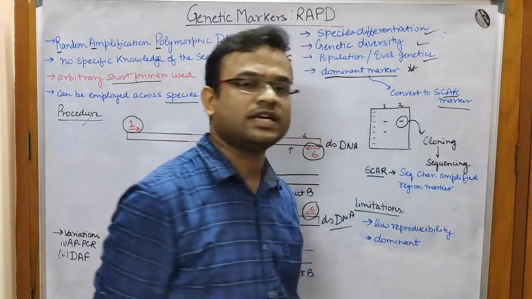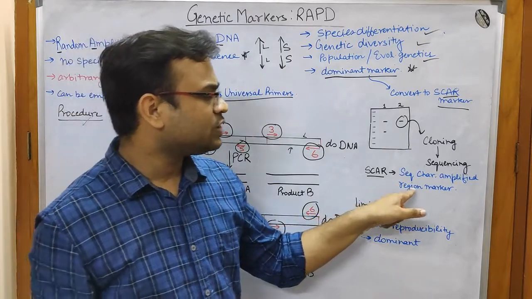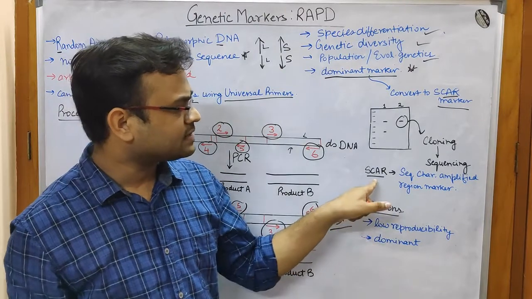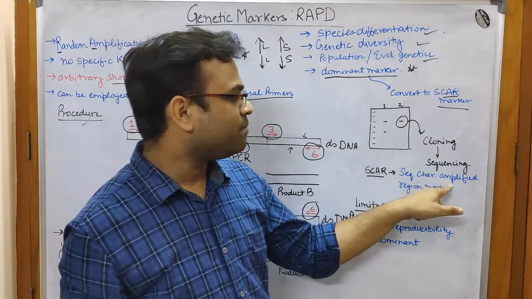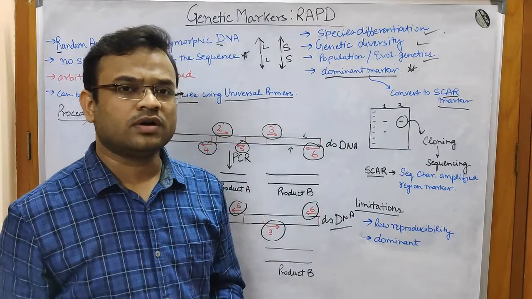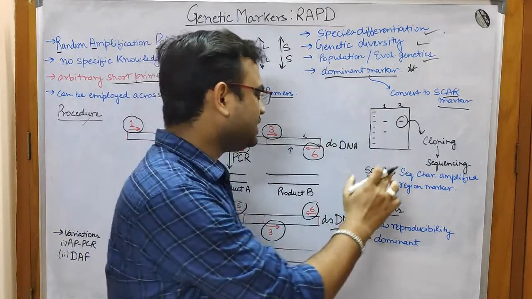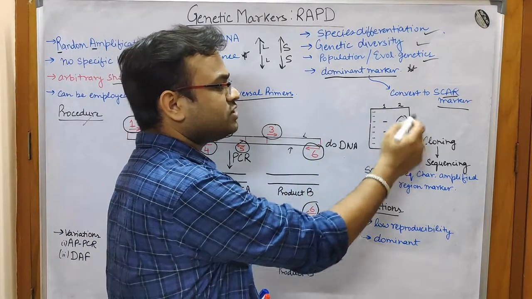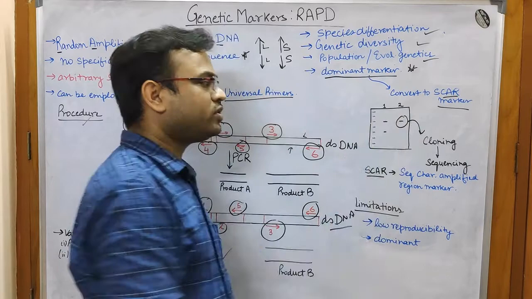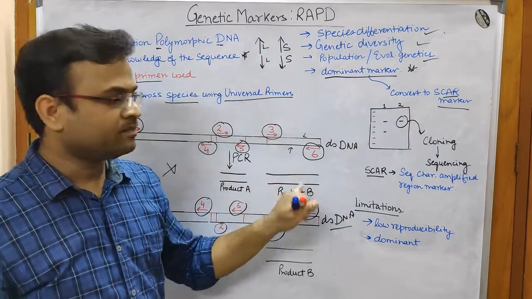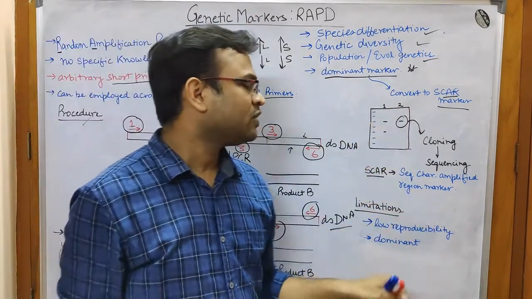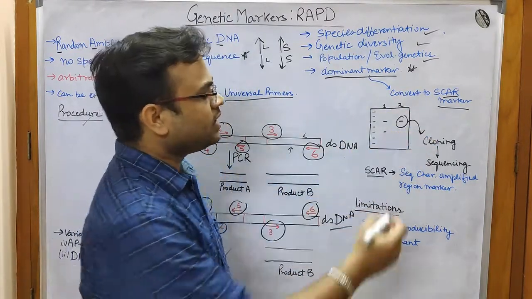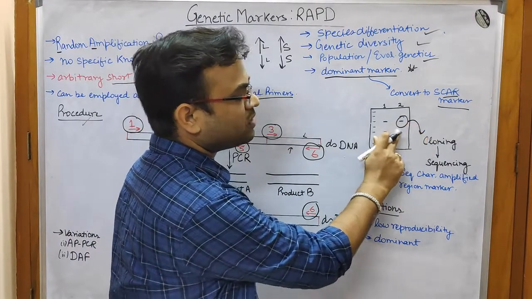Now let us understand what a SCAR marker is. SCAR is sequence characterized amplified region marker. Once again, SCAR is sequence characterized amplified region marker. Now how do you make use of it? You obtain the PCR product that you have obtained over here. You just run an agarose gel. In the first lane you put in your first product, and in the second lane you put in your second product. For instance, you have got these bands, and after getting these bands, suppose you want to work upon this band,